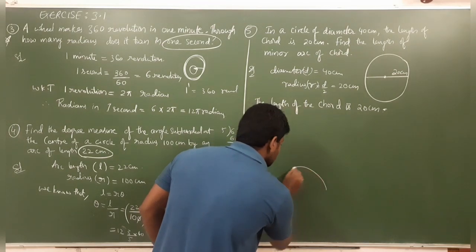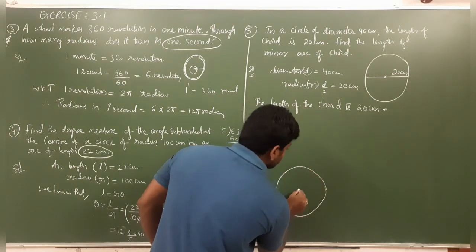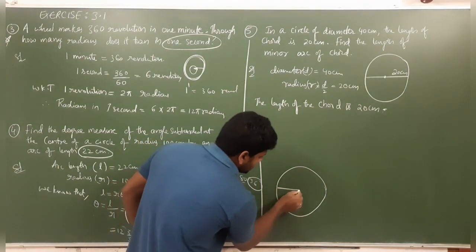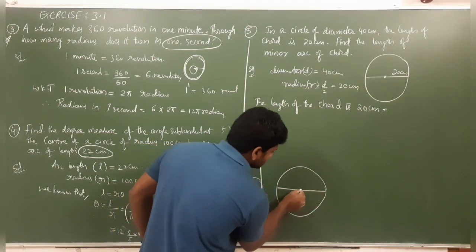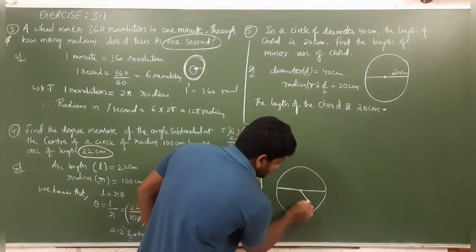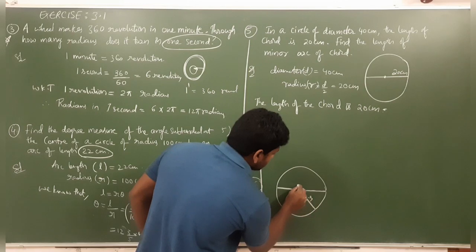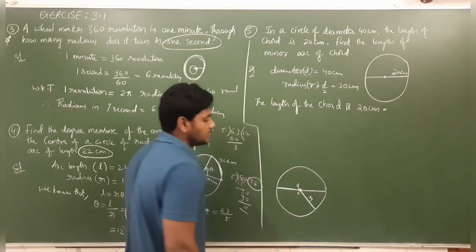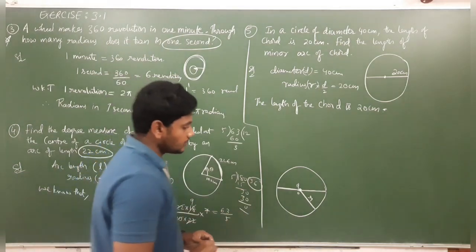See, I will write here. Guys, this is very important. For example, if it is a circle, this we will consider as diameter. Listen carefully. This we will consider as diameter, and this part we will consider as radius. This is the total diameter. This is radius. This center part O we will consider as the center of the circle.